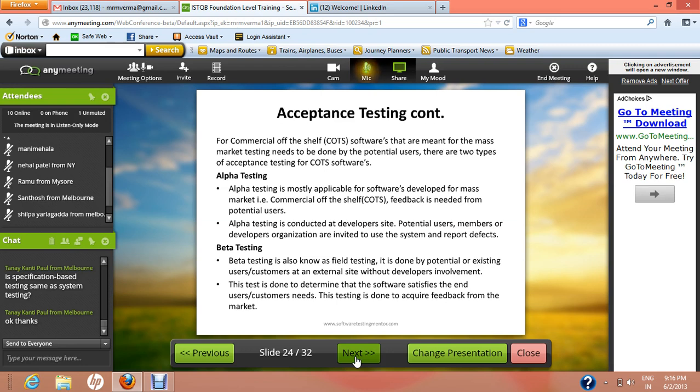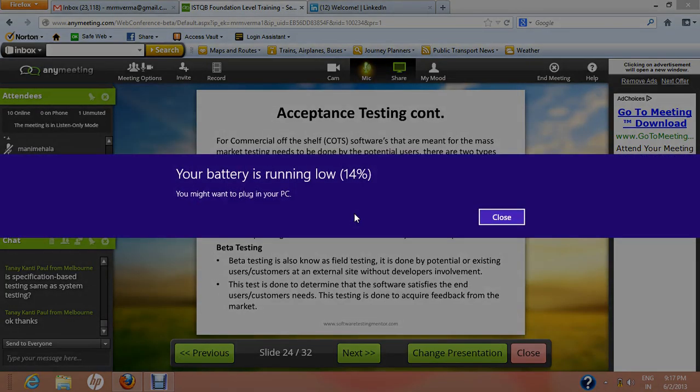So, acceptance testing for commercial off the shelf software. What is COTS software? These are the software meant for the mass market, like Gmail, any mail client, or the many mobile applications available nowadays. The acceptance testing for these software is done in two phases: alpha testing and beta testing. So in alpha testing,